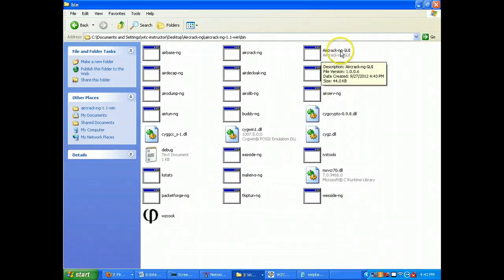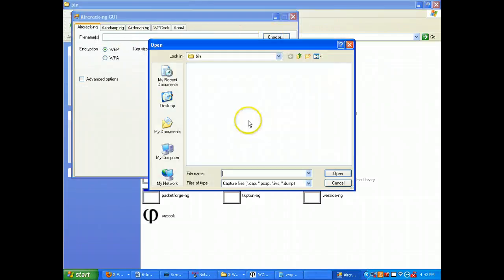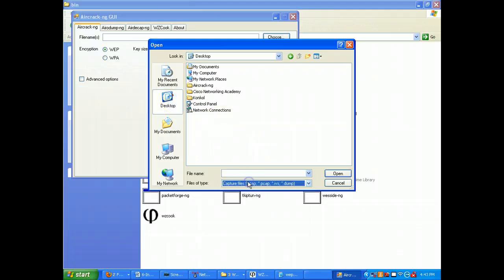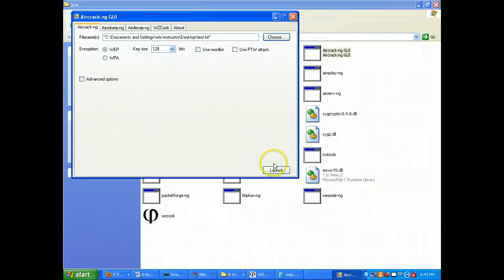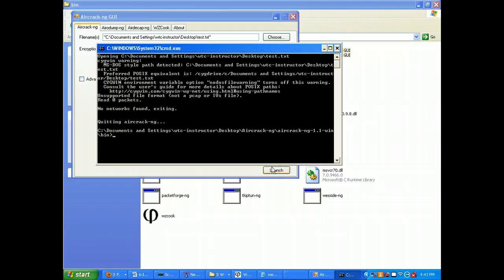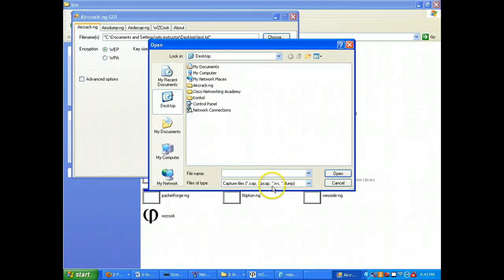The other one's a GUI interface. It's Aircrack NG GUI. You can go out and grab a WEP file that maybe you've captured. It has to have a NIC card connected to it, which I don't right now. But you capture that file, and you'll notice